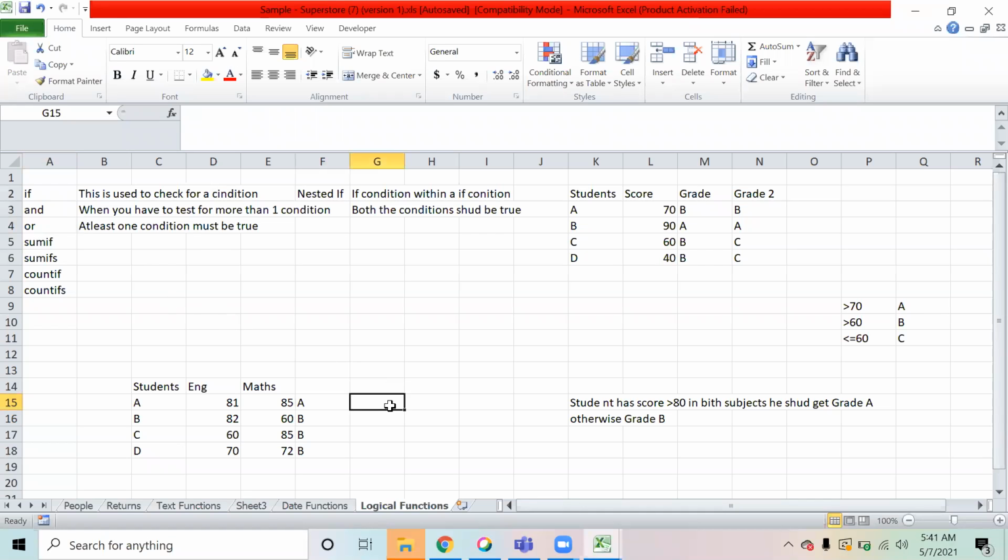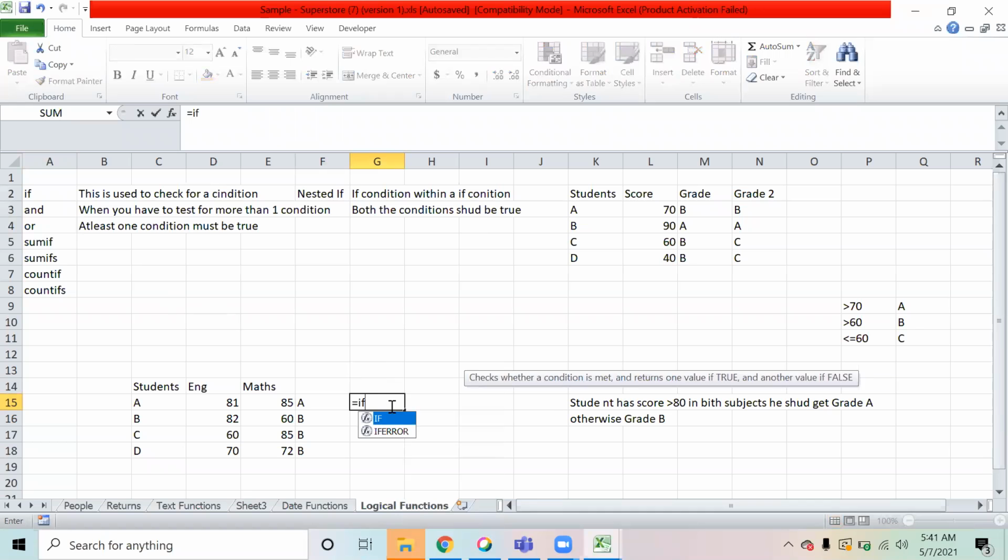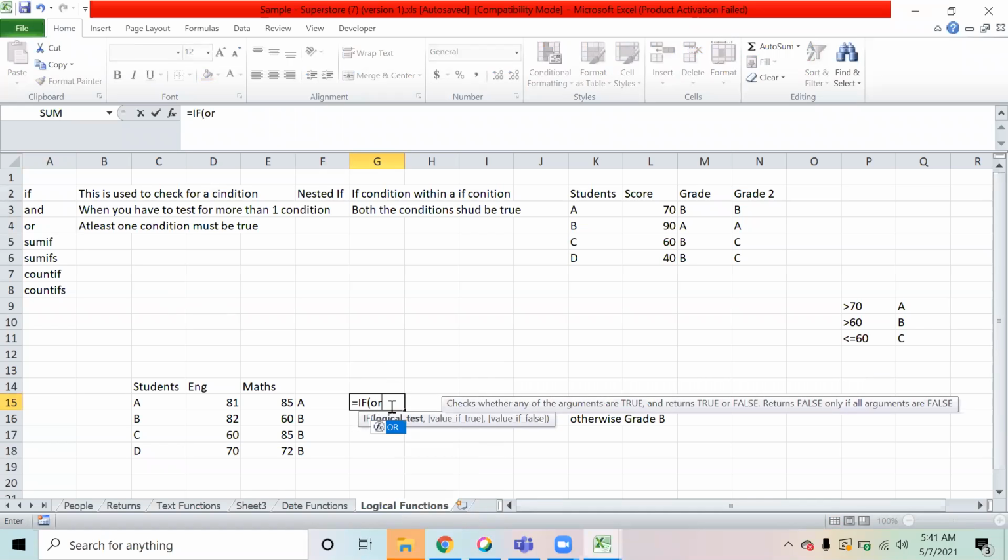For example, if I come over here and say equal to IF, and my condition is two conditions, so I will say OR. My first condition is if he has scored more than 80 in this, or he has scored more than 80 in this.